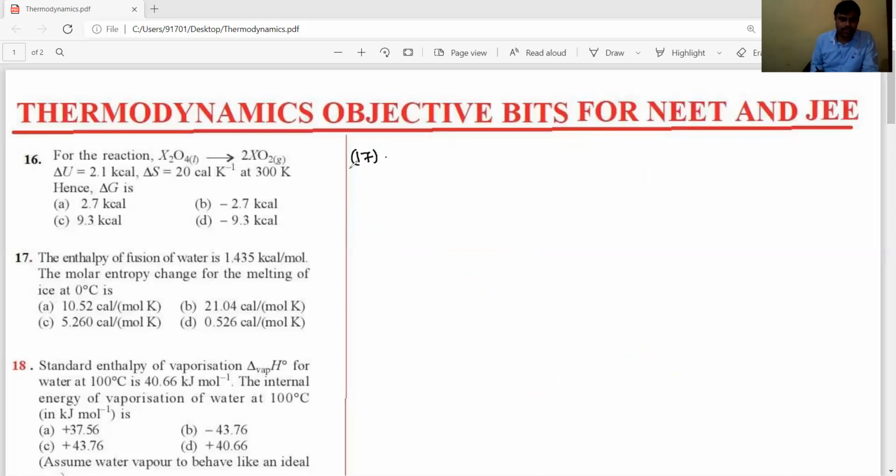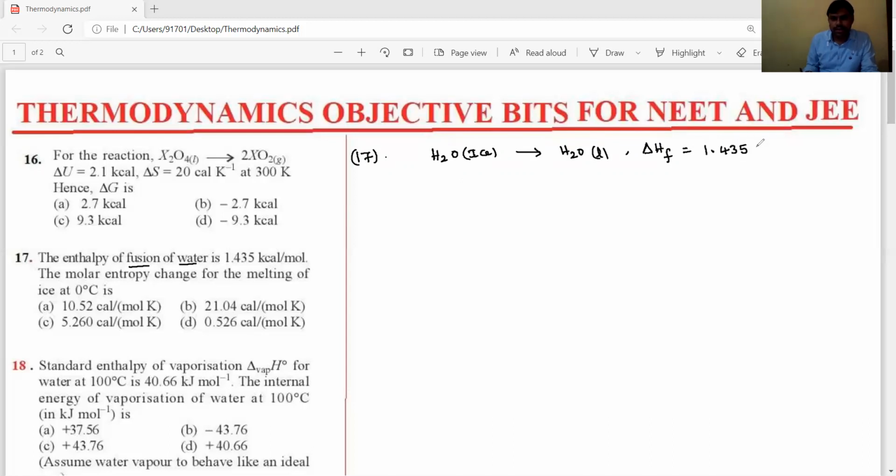What is the given 17th question, dear students? The enthalpy of fusion of water. What is the fusion? Enthalpy of fusion of water means H2O ice is converted into H2O liquid. The required amount of heat is known as enthalpy of fusion. Delta HF, the enthalpy of fusion of water, is equal to